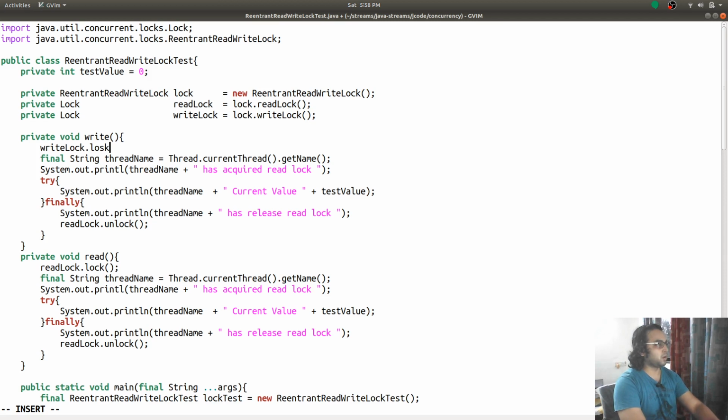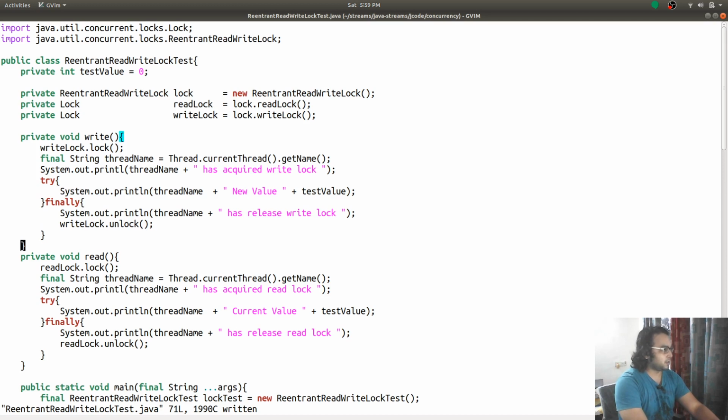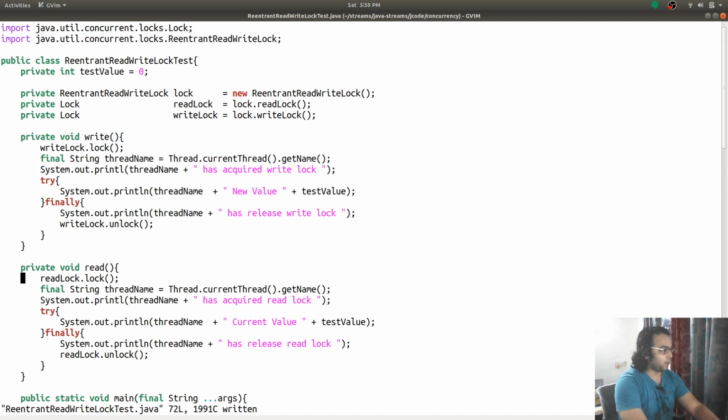Write lock. Thread name has released the write lock, and I will say new value, and all acquired locks need to be released.